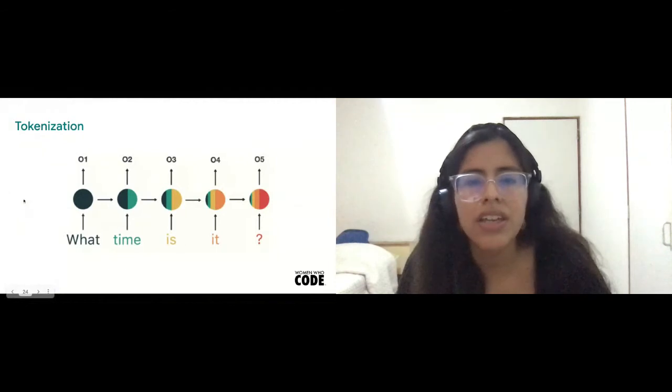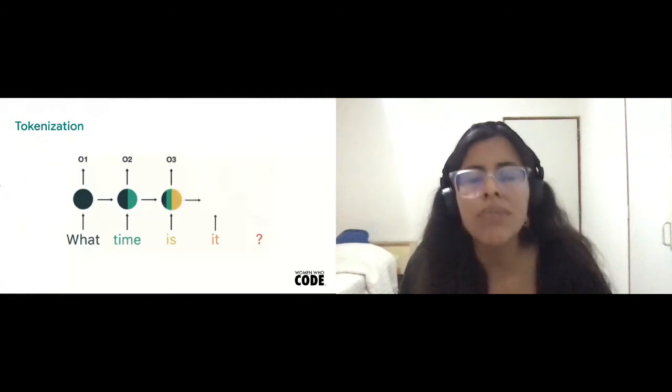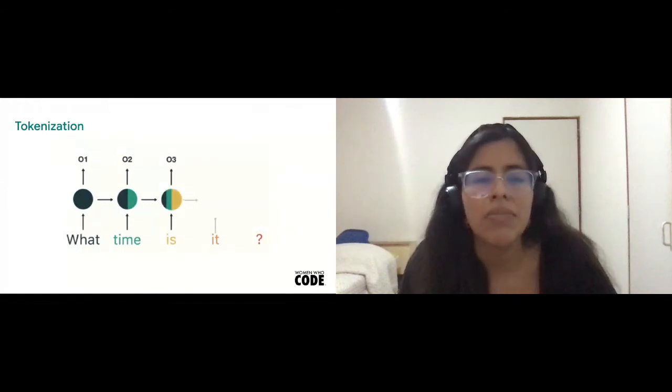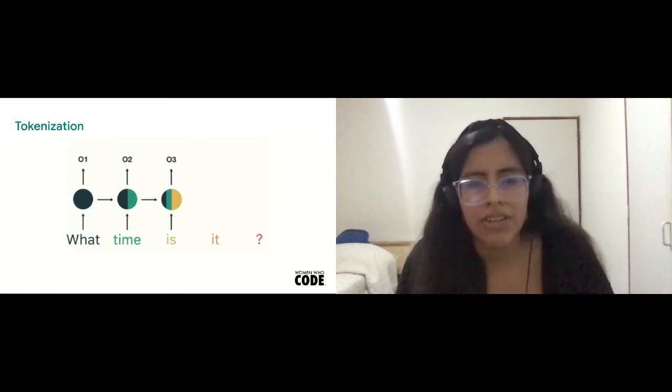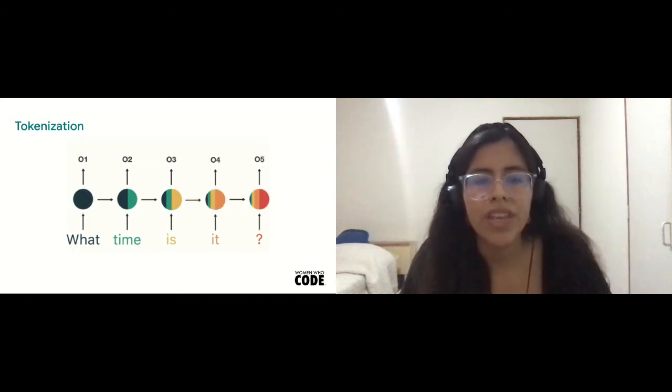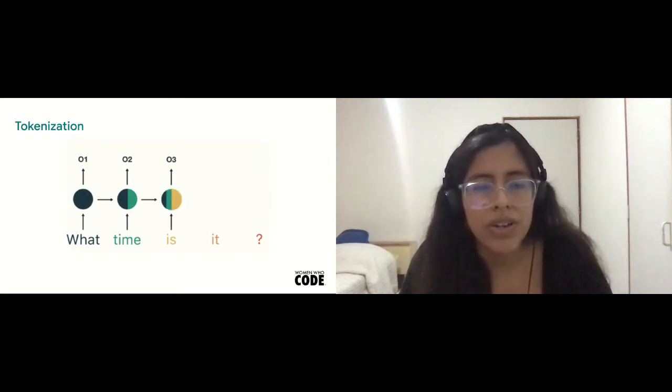Each word has a number. Imagine a long text with many words.